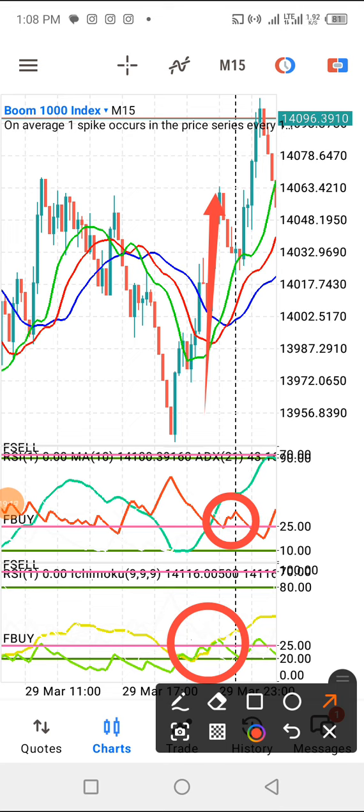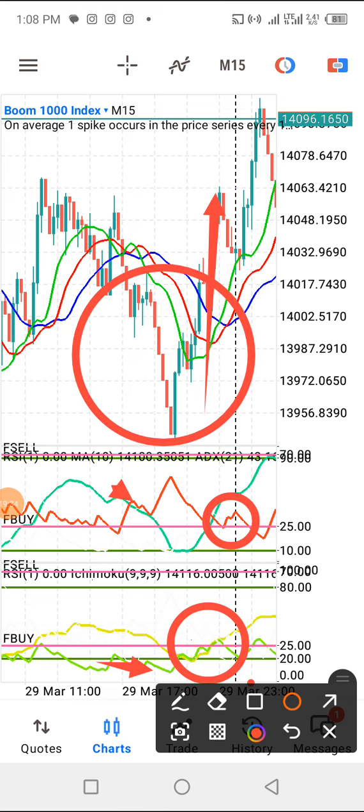there is more power for buy. Now look at another scenario here where we have the negative ADX above level 25, while the positive ADX is below level 25, and see what price is doing. We have more sell orders. Do you notice that? We have more sell orders. So these are situations whereby you scalp the market taking sell moves, and immediately you notice the sell is about fading out, then you switch to buy.